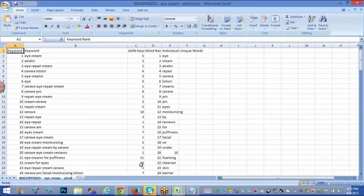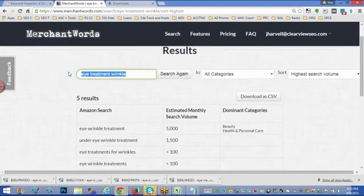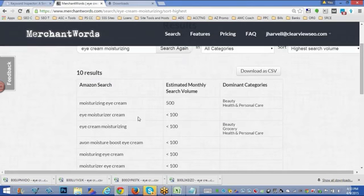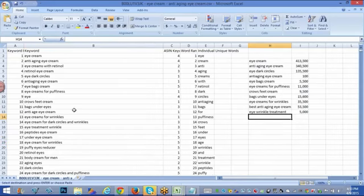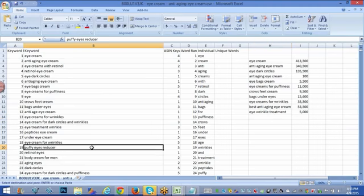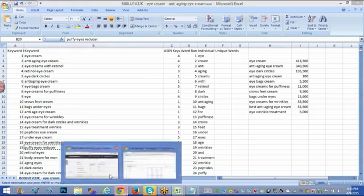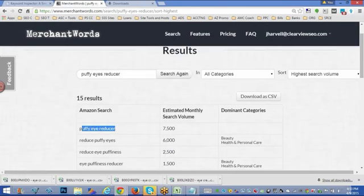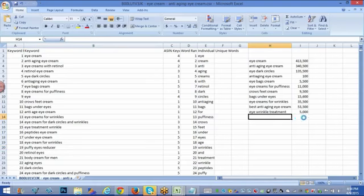Let's find another. I'm just randomly looking at some of these keywords now. Eye cream, moisturizing, get a little bit of variation. I don't know, it's a little too low. We might test that later on a larger campaign. I want to get some keywords that have some, got the eye creams for puffiness. Puffy eyes reducer, interesting. I like these types of keywords because they're problem keywords, and that might be a nice one to go for. It's only got 7,500 searches, but